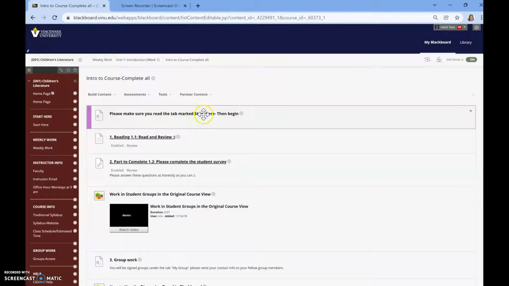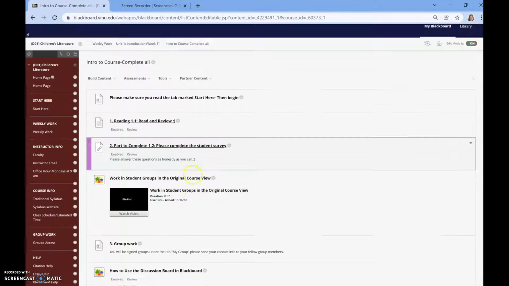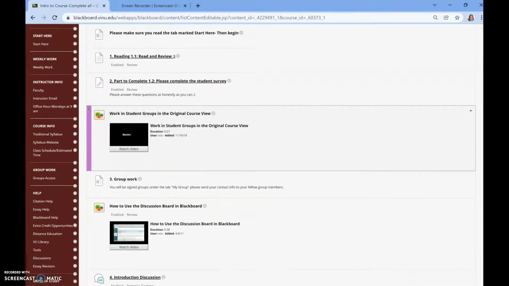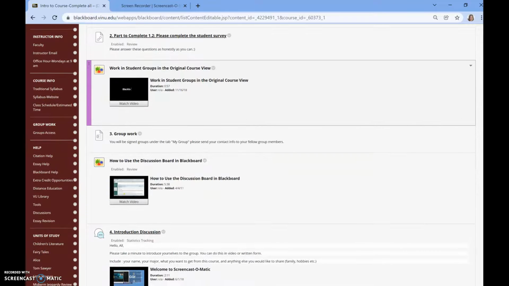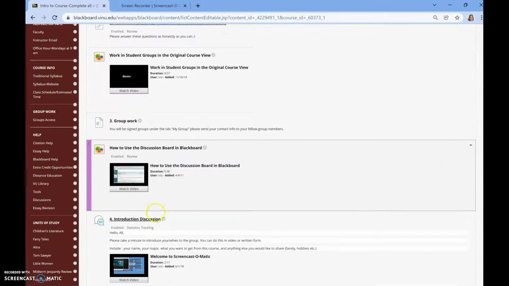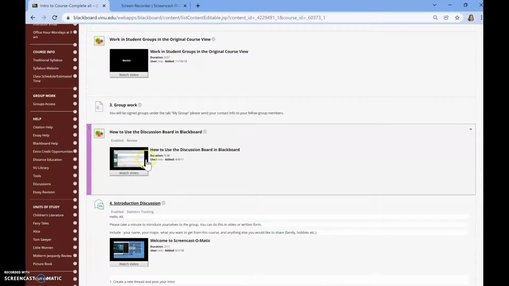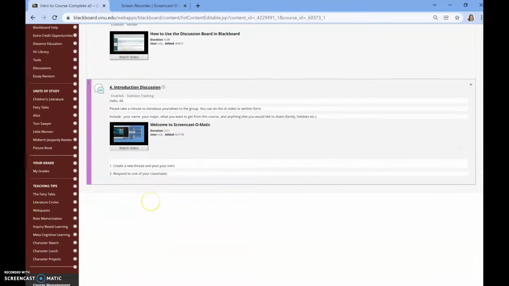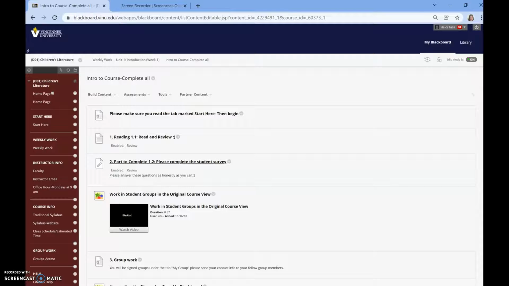And then I'll ask you to read the syllabus tab, and it will be here. Then I will ask you to complete a student survey. I'll talk to you about group work and anything that we haven't done before. I'll have a little video so that you can see how we're going to do what we're going to do. So you'll complete those assignments and you'll come back